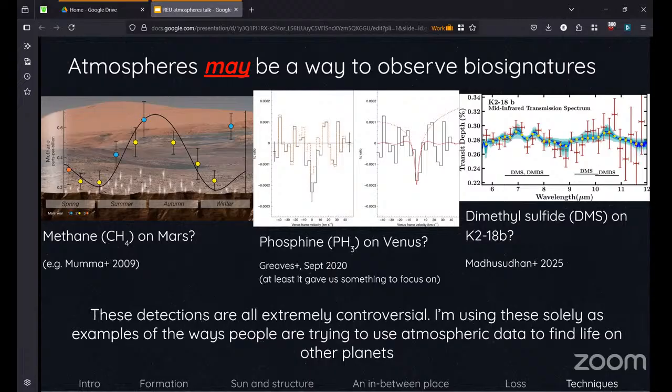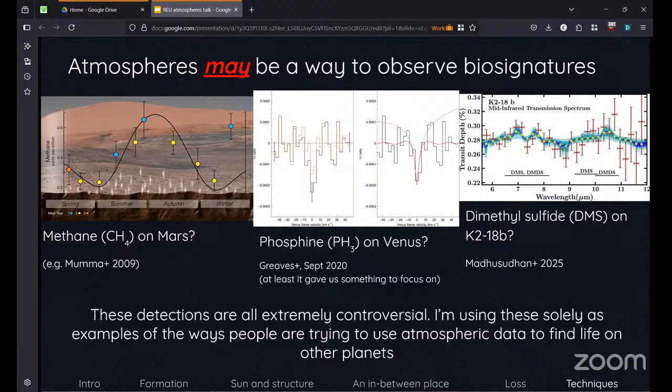And then most recently, there was supposedly this detection of dimethyl sulfide, which is, I think, a compound produced on Earth by like plankton in the ocean. So this was observed on an exoplanet, supposedly. And I know a lot less about this method, but what I do know is that if you start talking about DMS and K2-18b to any astronomer, not any astronomer, many of them, they'll start to sort of groan. So I think this signal is also pretty weak. It's hard to verify whether it's believable or not.